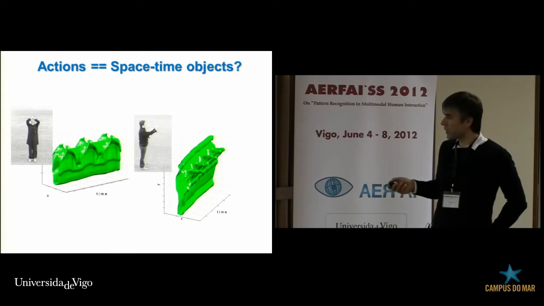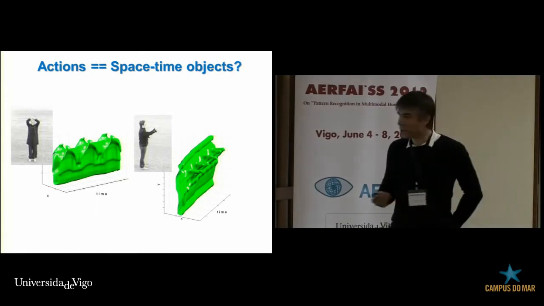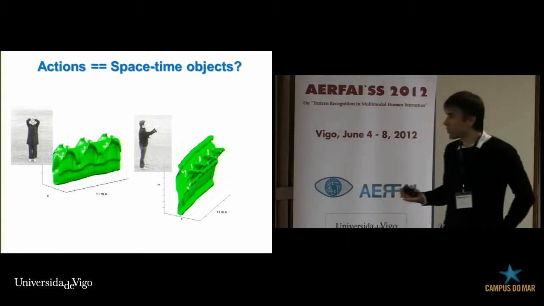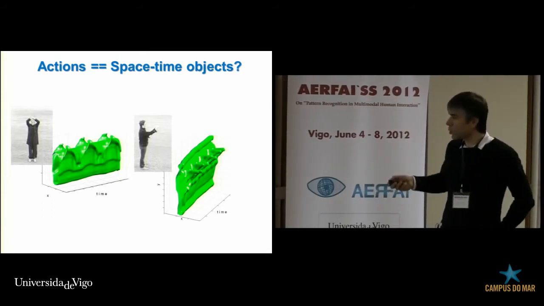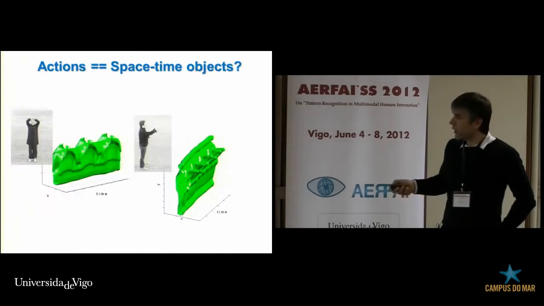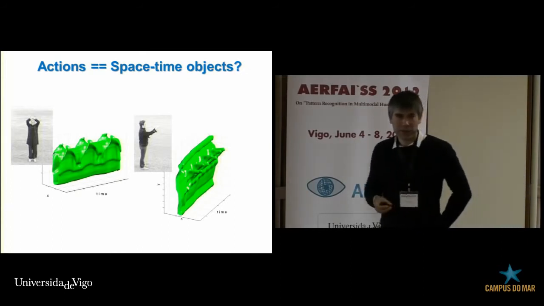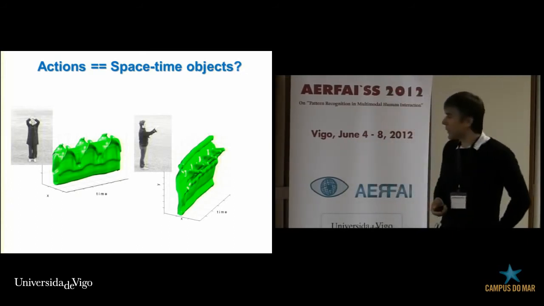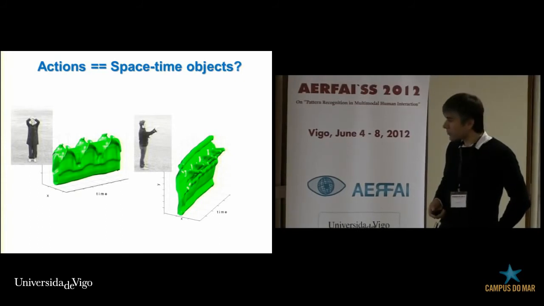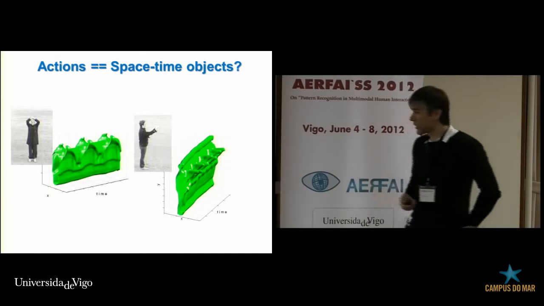And now we see already with this visualization that this shape, if you call this a shape in space-time, looks very different, not only globally, but also locally. So if you think of analyzing some local properties of these parts in space-time, they seem to be quite informative. Of course, this thinking is inspired by